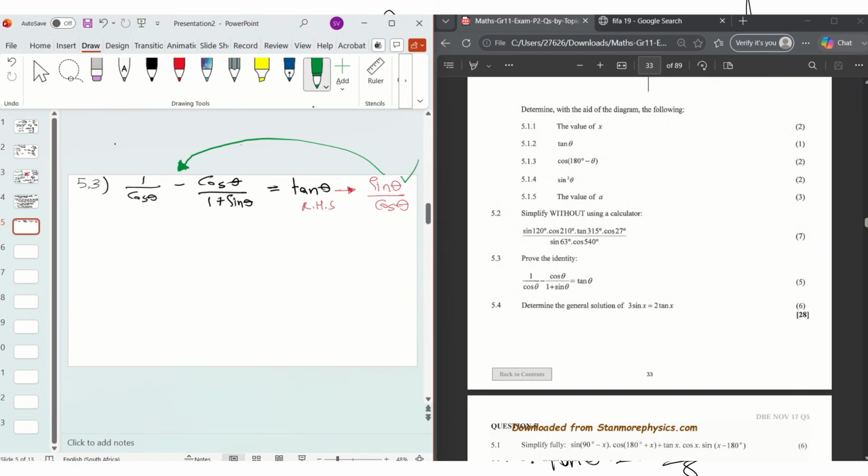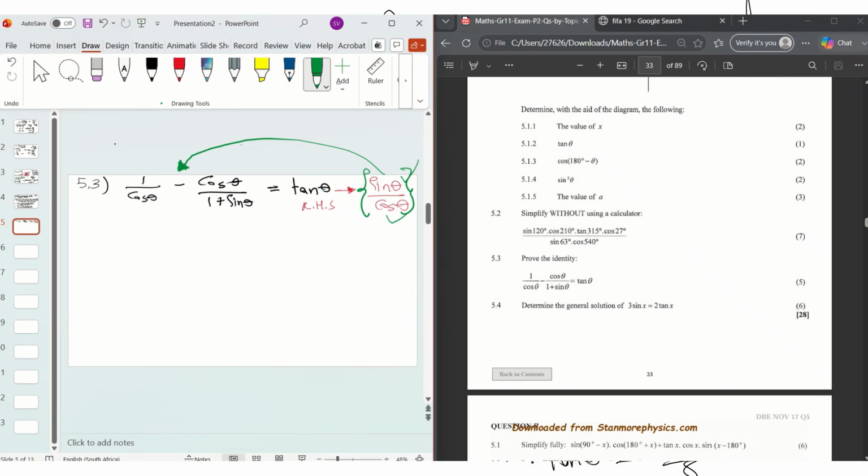By all means, try to get sine. And then your denominator must always be what? Cos. You must always make cos in your denominator, because that will draw you closer into getting what? This ratio of sine over cos. You cannot manipulate here and then be left with cos in your numerator and sine in your denominator. No. Try by all means to get sine in your numerator and cos in your denominator. So how can we do that? How can we approach that?